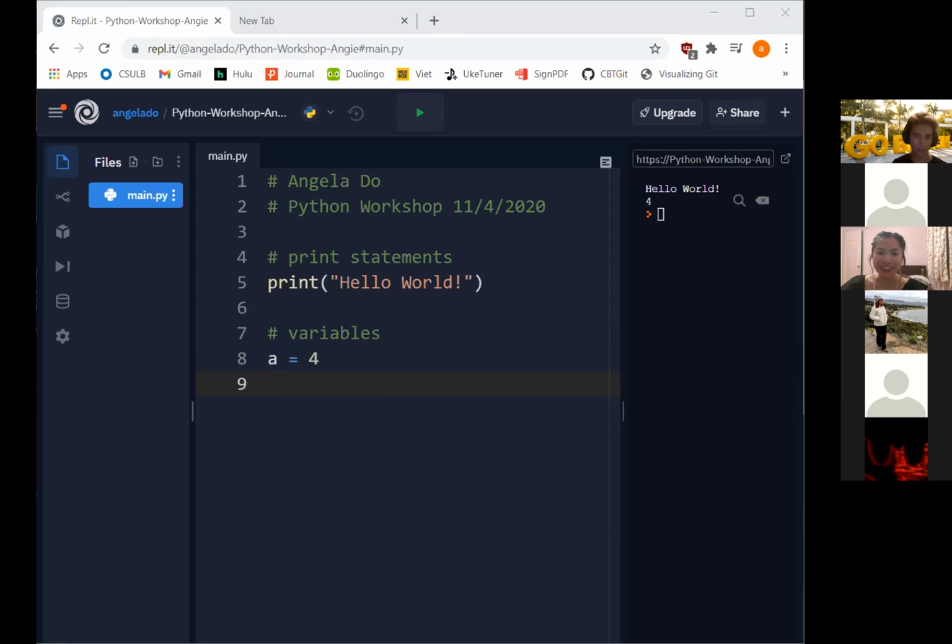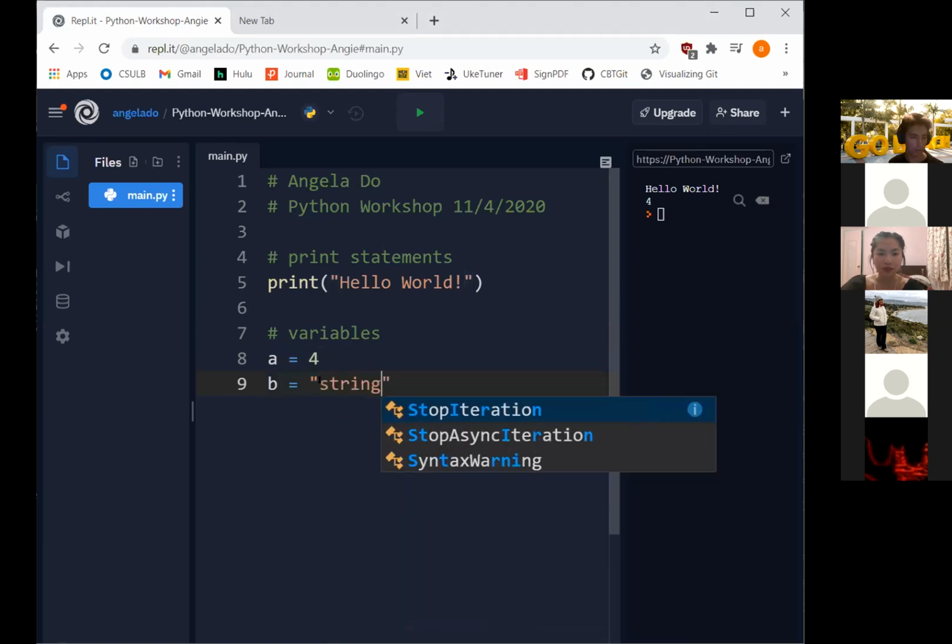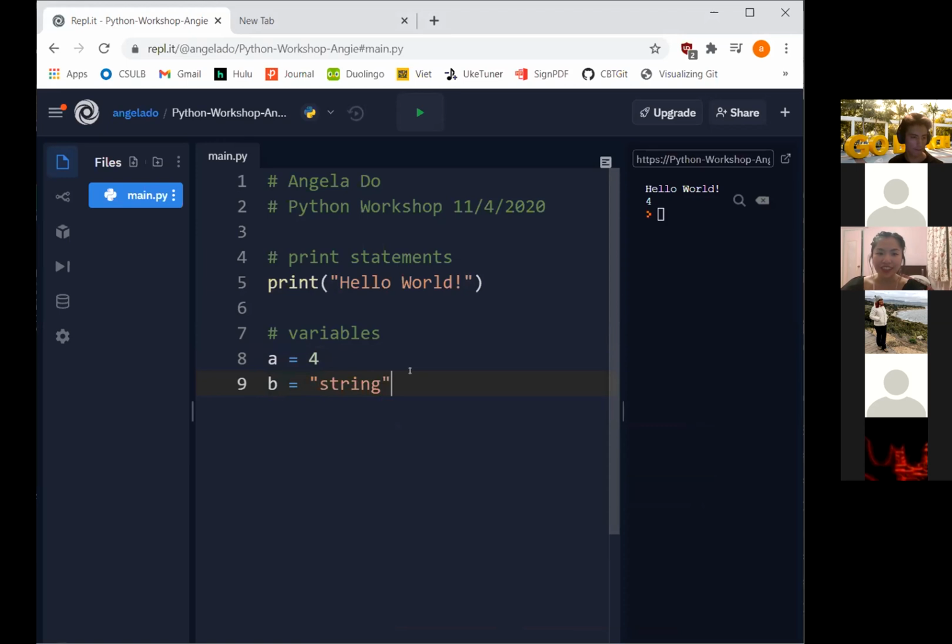But don't worry about that. So for example, there's an int. A string would be, if you want a string, you just assign it, and then you put double quotes or single quotes. And then you can also have a Boolean, and in Python, you capitalize it, and you can write either True or False. So d equals,